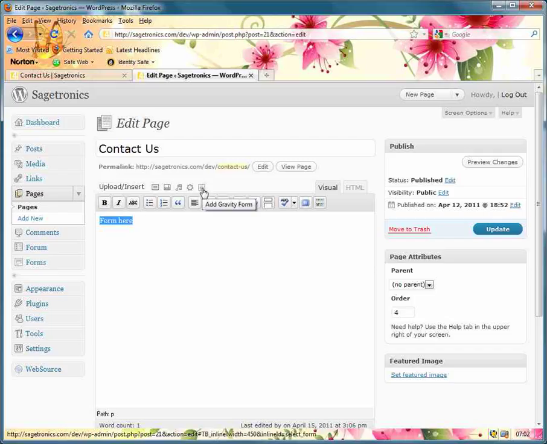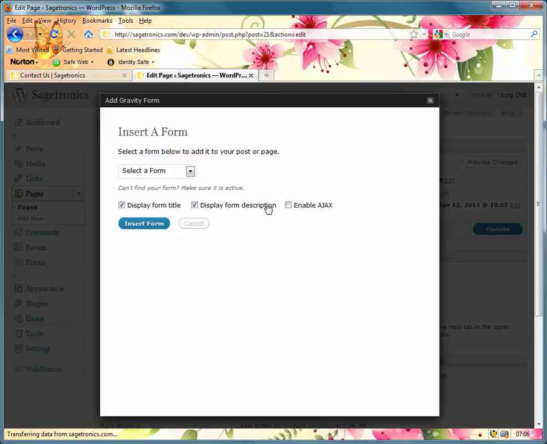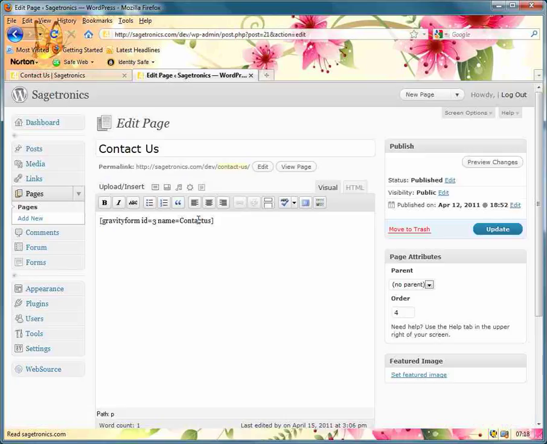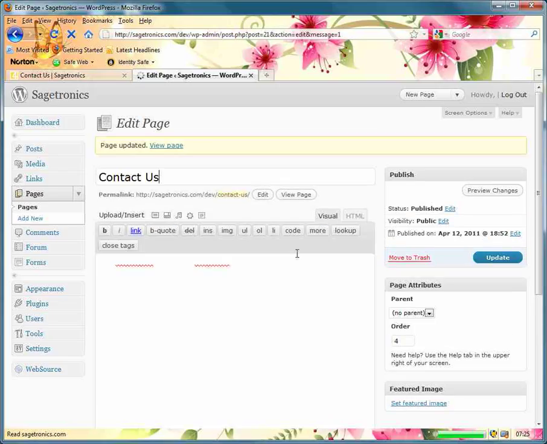What's really great for even the clients is up here at the top, you actually have a little icon now. It's called Gravity Form, so it says Add Gravity Form. If we click on that box, it comes up with a real nice window that allows you to select the form you want to add. So if you have a lot of different forms throughout the site, this is an easy way to just drop in the form. Then we're just going to say Insert Form, and it brings in everything with it. And once we hit Update,